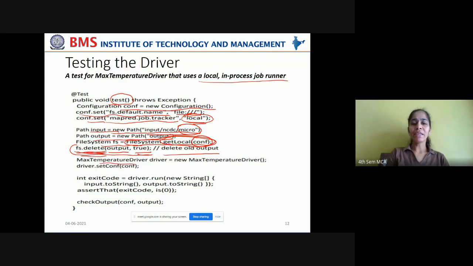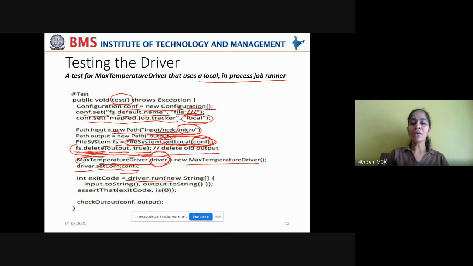Now you're creating the instance of the max temperature driver class as a new instance of max temperature driver, and using this driver object, listen carefully, using this driver object, you're setting the configuration by passing the configuration object. Right? Now you are trying to invoke the run method by using the driver, which returns an exit code.